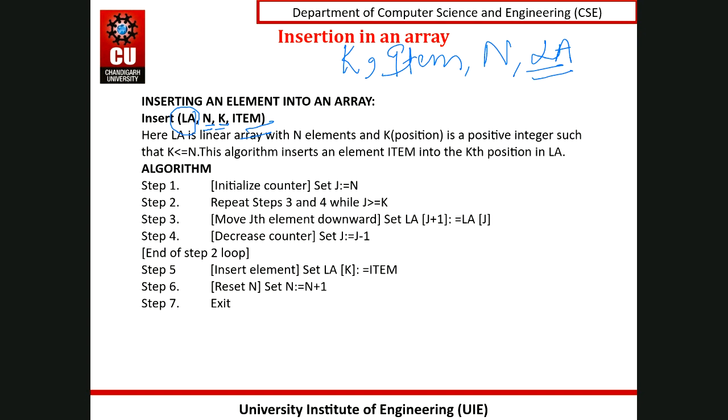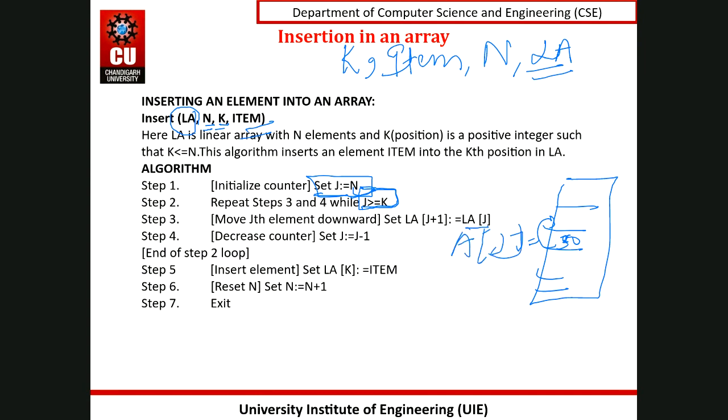Okay, since you are going to start with j is equal to n, why? Because if this was my array, I moved the last element which was 50 one level above. So I started from j is equal to n, the last element of the array. And then till you reach that particular index where the insertion has to be done, what you will do? You will do LA of j, or you can say A of j goes to A of j plus 1. Every element is moving a step upward. Once it has moved a step upward, you are reducing j to j minus 1. These are the two steps that are to be repeated.